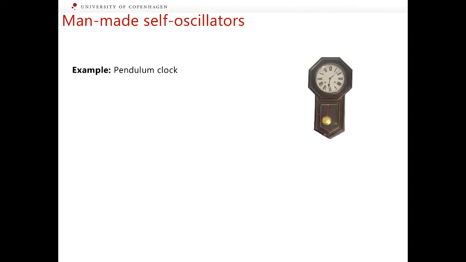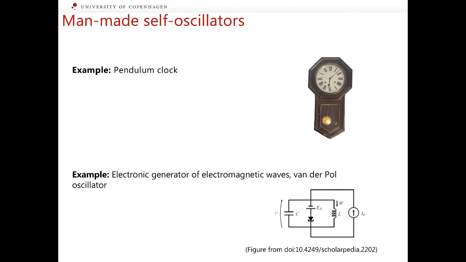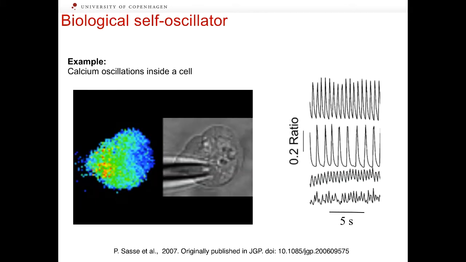Self-oscillators can be of any origin. For example, they can be made by humans. One example is the familiar pendulum clock, and another is an electronic circuit generating electromagnetic waves, named after Balthasar van der Pol. With this, self-oscillations are ubiquitous in living systems at all levels of organization, from the level of single cells to the levels of organs, and even at the level of populations. An example of